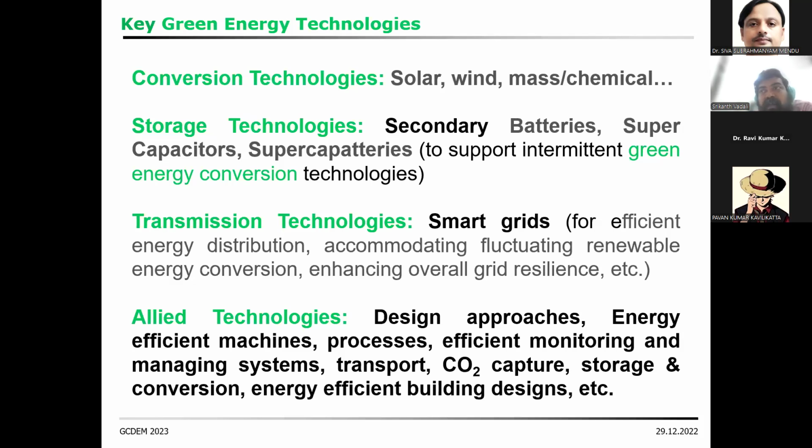Design, for example. We don't often consider a design approach to develop a system. I think the next talk is about design, so maybe it will be covered. But these design approaches are very important. If anything is done by virtue of design, the mass and energy balances will be very good, the losses will be very, very less, and so the efficiency of the system will be pretty good. So you need to develop energy efficient machines. You need to develop processes which are green.